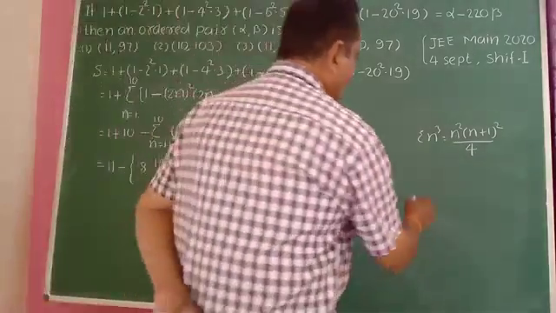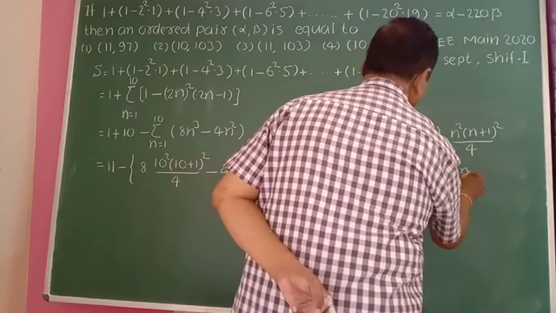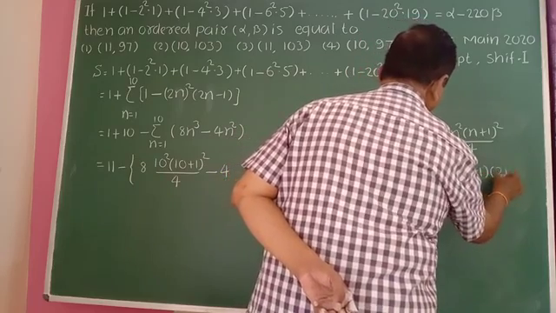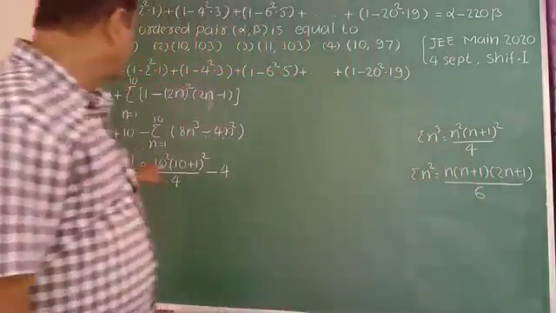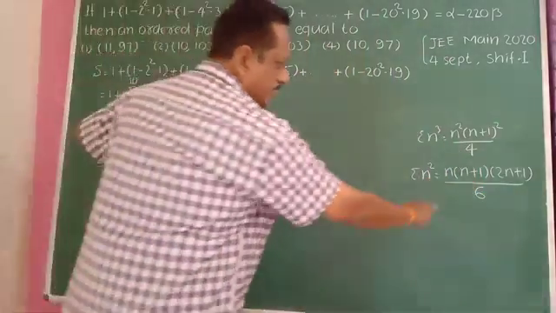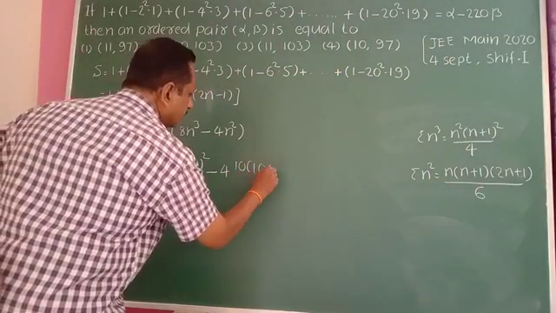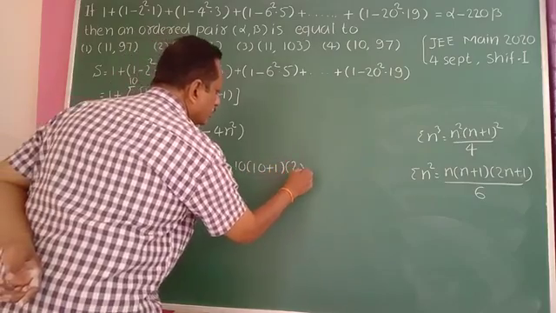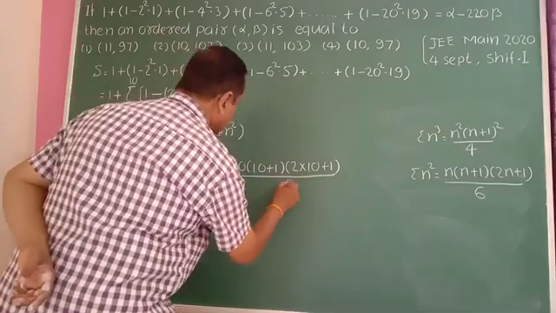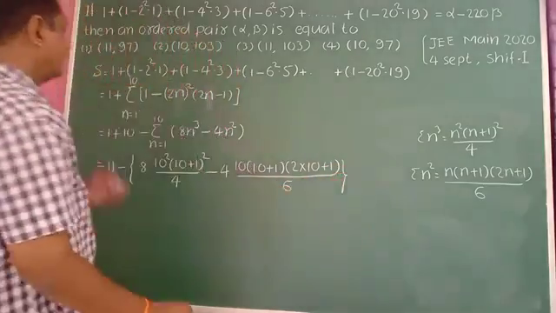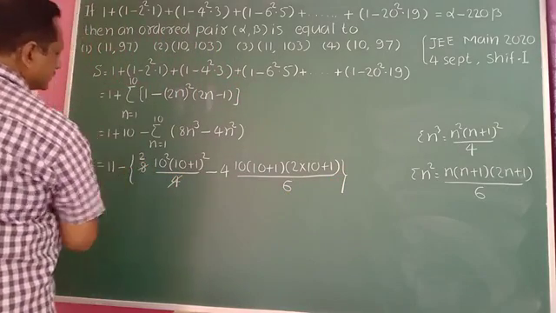And you know the summation of n square formula. Summation of n square is n into (n plus 1) into (2n plus 1) divided by 6. This is the formula, n equal to 1 to 10 here. So put n equal to 10. Therefore, 10 plus 1, 2 into 10 plus 1, divided by 6, bracket complete here. Then 4 ones are 4, 4 twos are 8, cancels here.